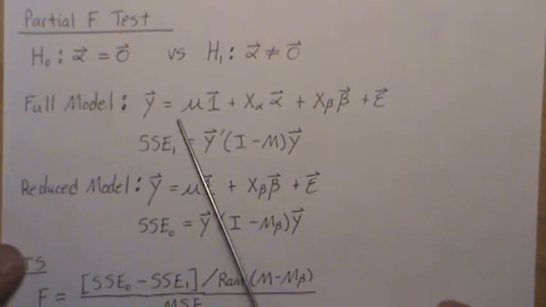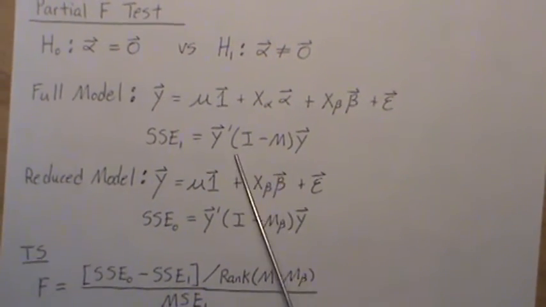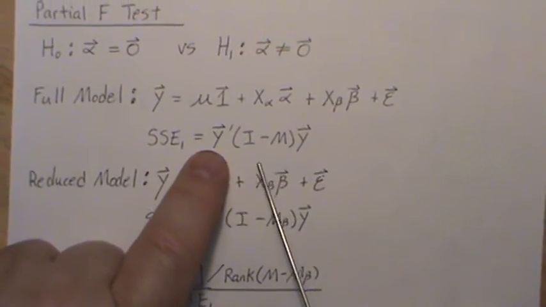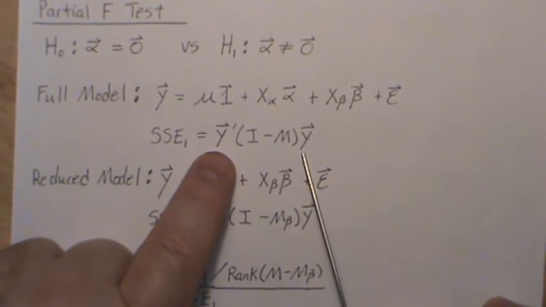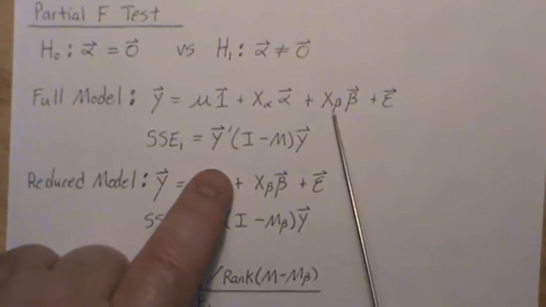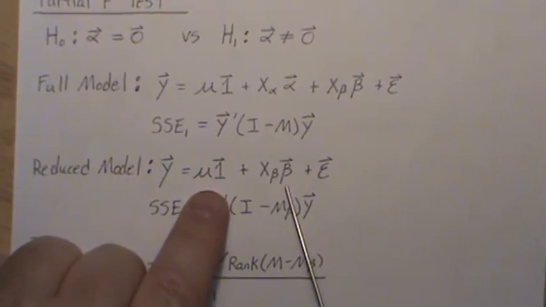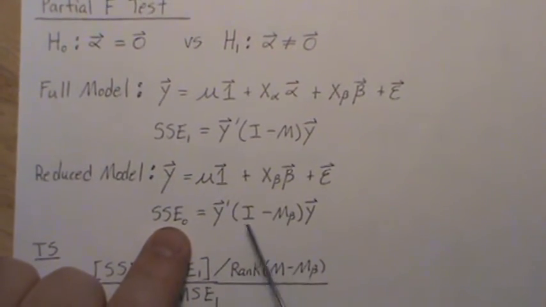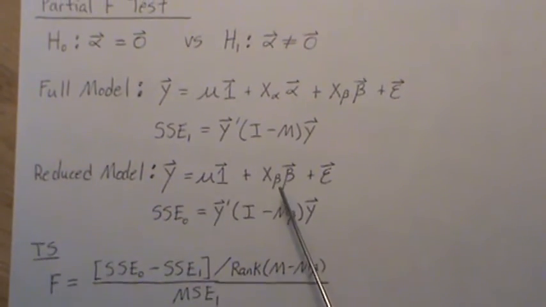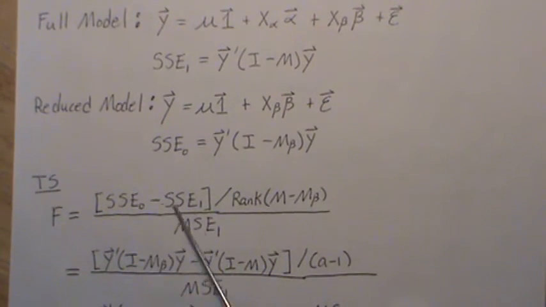So the full model, of course, is this. And so the sum of squared error is y prime (I minus M) y. That's how I kind of remember it myself in a sort of a weird way, I guess. But so this is the sum of squared error for the full model. M is the perpendicular projection matrix onto the full column space. Here, for the reduced model, we take out alpha, and then we find the sum of squared error associated with it, which is I minus M, but this M is the perpendicular projection matrix onto this reduced column space, which is M beta. So now the partial F test is the difference of those